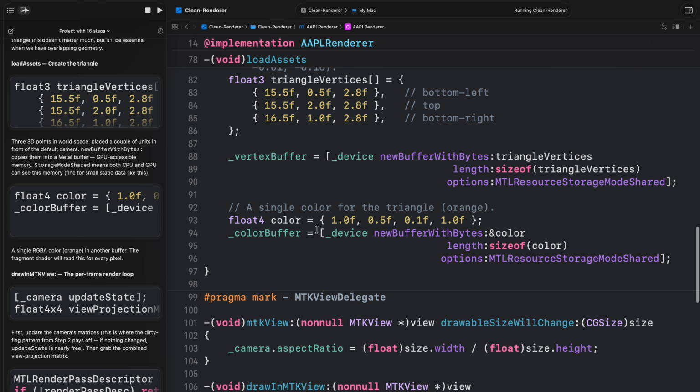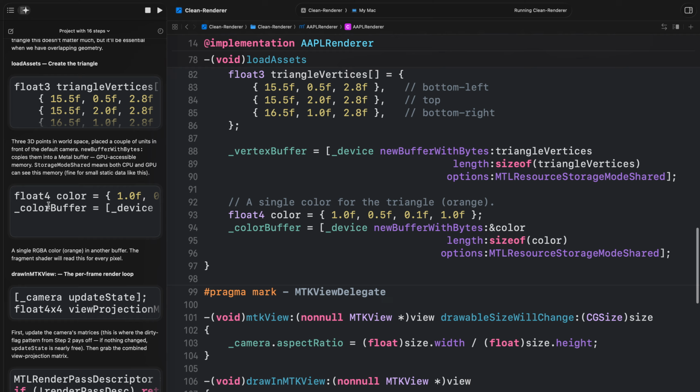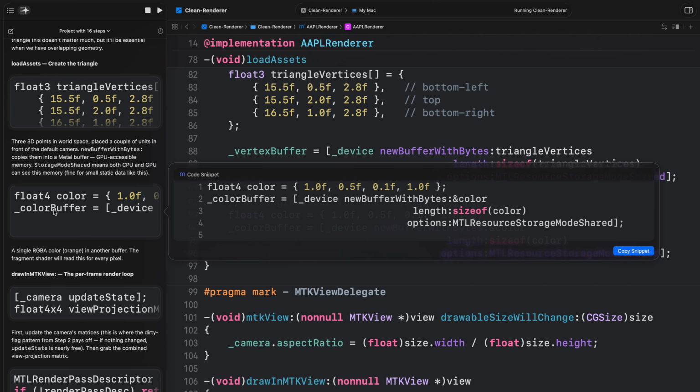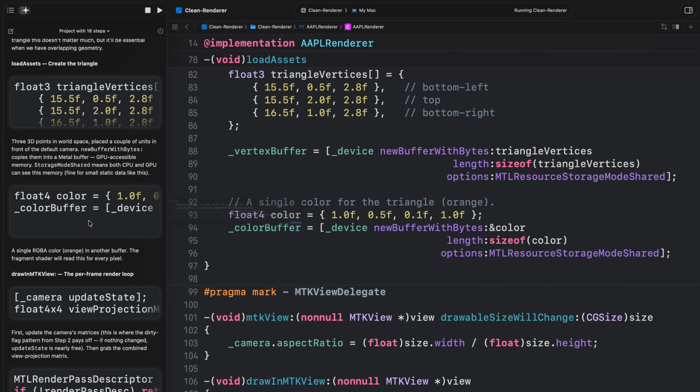Okay, so we have that right there, and then we have our color information. So we have float for color, and then we have a similar setup here. A single RGBA color, orange, in another buffer. The fragment shader will read this for every pixel. Okay, and then we have